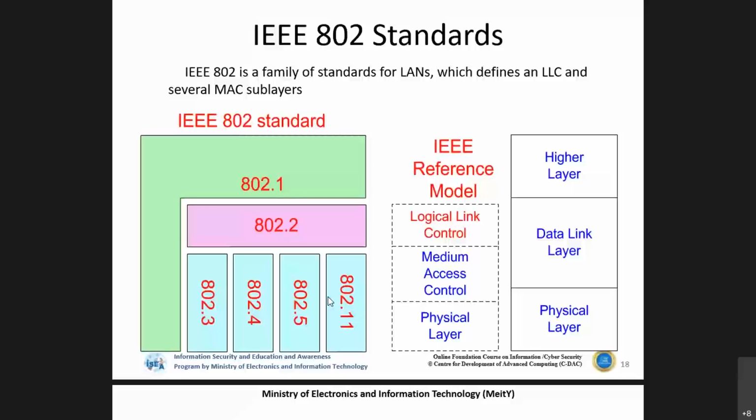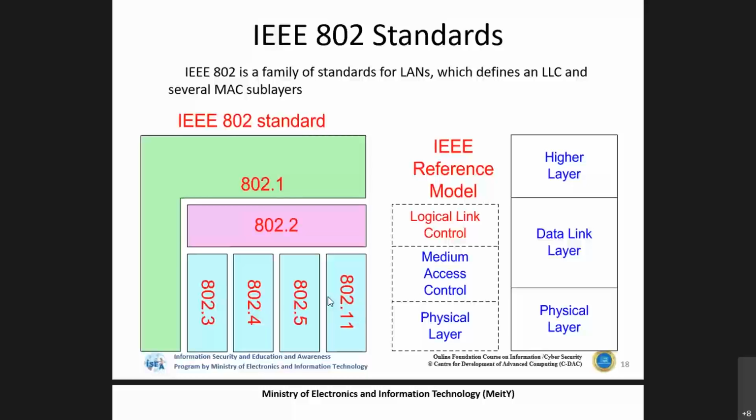Currently we have this 802.11, and many of us may have already observed that whenever we go for a wireless device, we have standards like 802.11a, b, g, n, ac. The current standard is 802.11ac. This is with respect to the speeds and the kind of thing that it provides. Similarly, whenever we go for wired networks, we have 802.3, where there is a family of standards with respect to that.